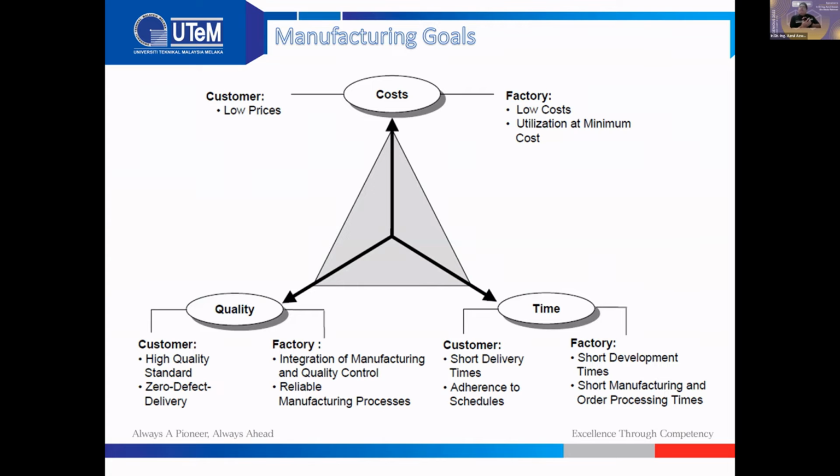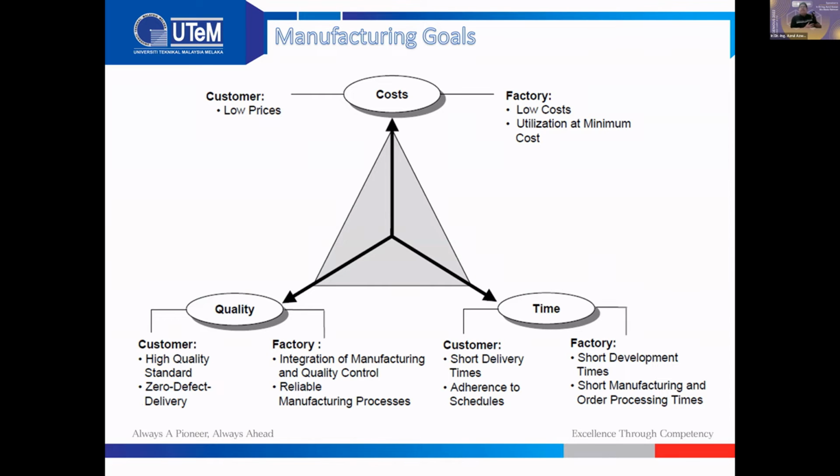So we know that to have a good manufacturing, we need to take a look at the 3 elements, which is the cost, the quality, and also the time. Even though the smart factory will give maybe a lot of benefit, if these 3 objectives of the manufacturing are not catered, then I believe nobody would like to go to the Industry 4.0 technology.